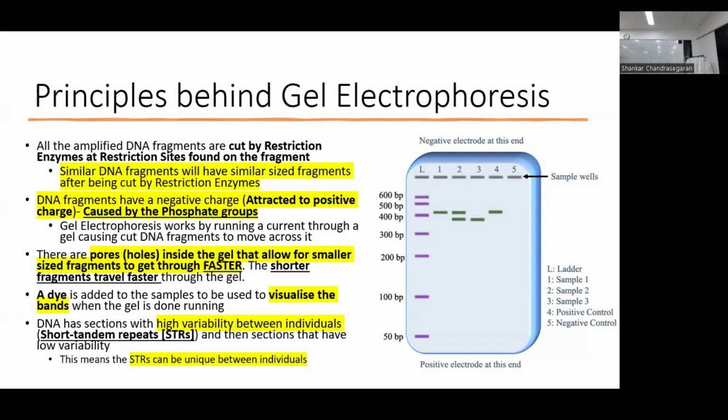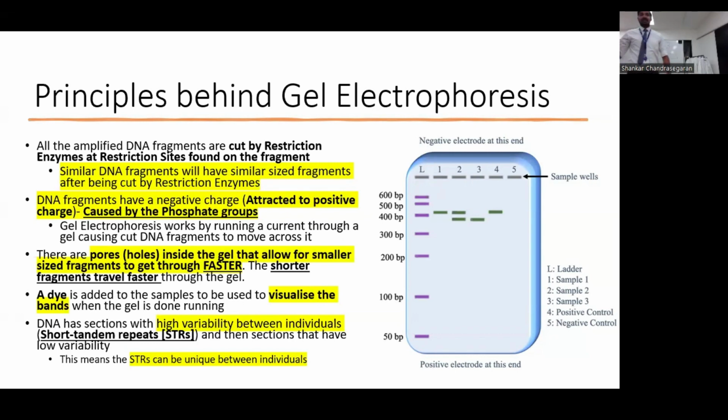First thing is that all amplified DNA fragments are cut by restriction enzymes at restriction sites found on the DNA fragment. This is important because considering whatever sample you've gathered, it will have the same restriction sites as any comparison you're going to use, right? So essentially,